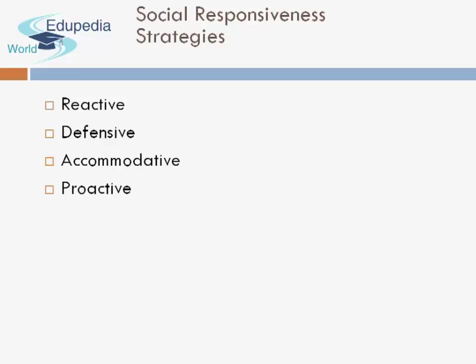So, when we talk about social responsiveness, there are four types of the way an organization responds: reactive, defensive, accommodative, and proactive. A company using a reactive strategy will do less than society expects. It may deny responsibility for a problem or fight any suggestions that the company should solve a problem. So, the company keeps more in mind the profitability of the organization and not the society's expectations. So, a reactive strategy is not considered to be very good in terms of CSR.